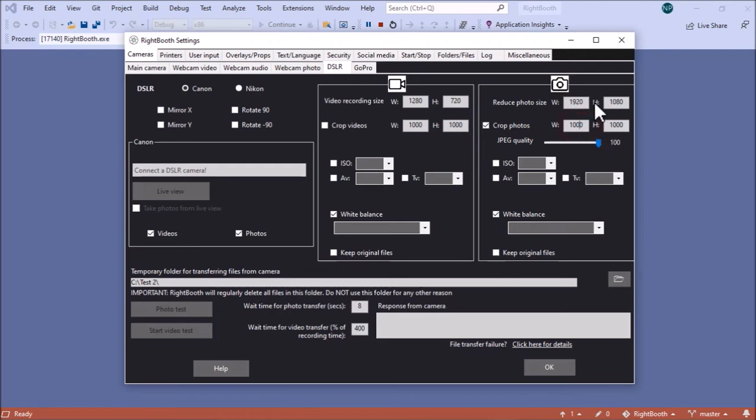So I might just make that 1080 by 1080. Now what that does is it makes the height the full height of the photo that's taken, and the width is obviously square. So it's going to crop the left hand and right hand edges of the photo that's taken by the DSLR. So you're going to lose some of the original photo, but at least the central portion will be square. So let's go back and look at the layout